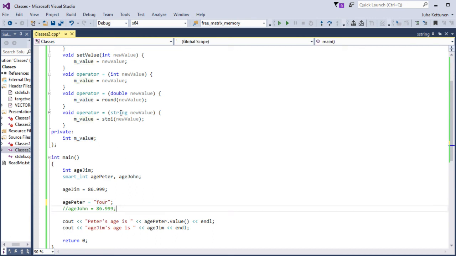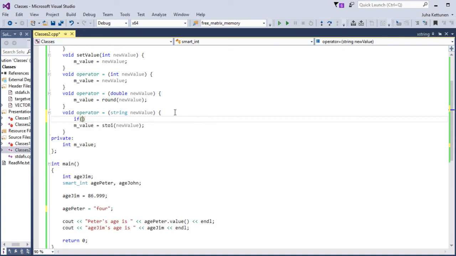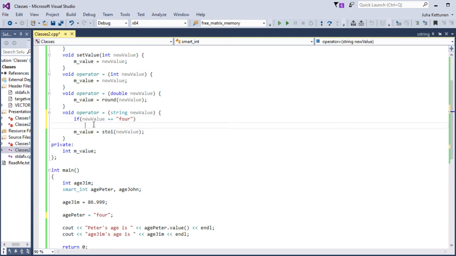Well, we already have this string operator here. This equal operator is overloaded here, so we can just add it here. It's not that difficult really. Because this is a string, it will go here. I will take out this one. Again, because this is a string, it will choose this implementation here. And now here we can do an if statement. We can say if this string value is 4, in that case we will set this integer to be